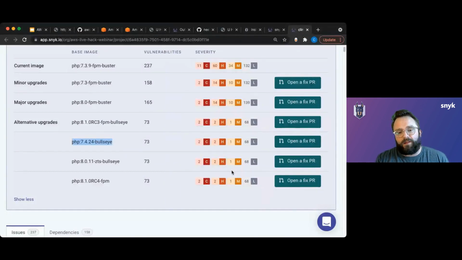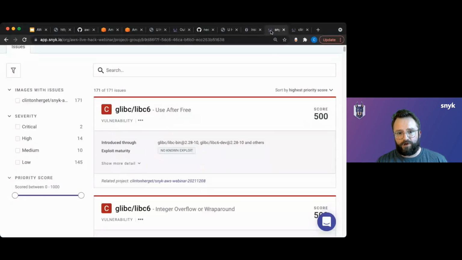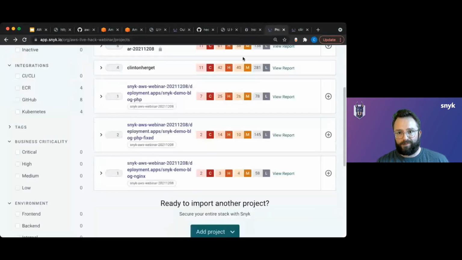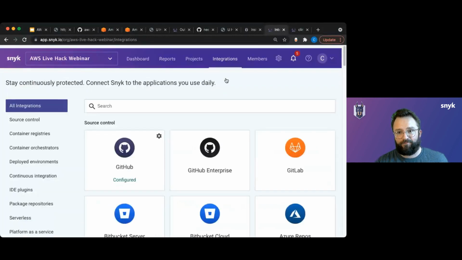So I think this illustrates some of the value that Snyk is able to provide, not only by scanning those production workloads as they exist in the EKS cluster, but also by being able to jump back and integrate earlier in the process, whether that's in the container registry, in the CI/CD pipeline, for example. So I could do things like block these workloads from being deployed when those vulnerabilities are found by scanning the